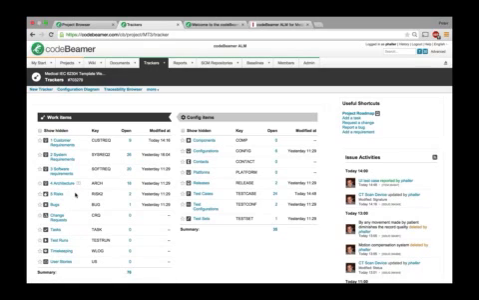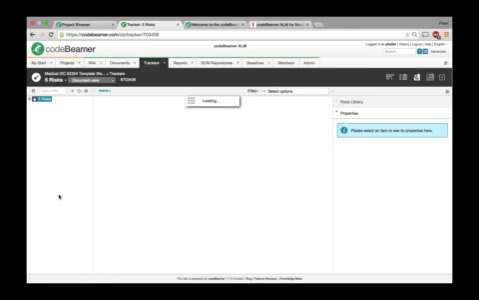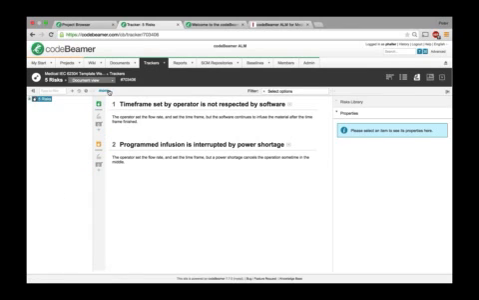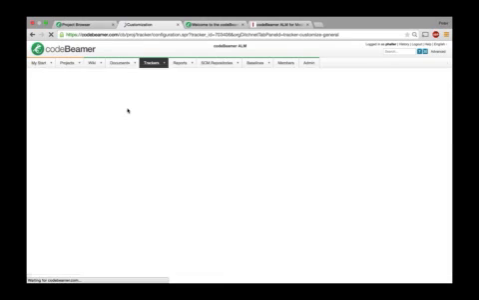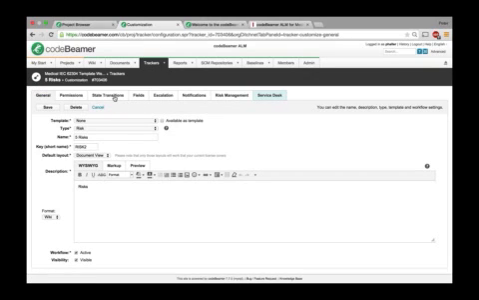So codeBeamer makes it possible that you can derive your risks directly from your requirements, and also you can derive these requirements from your risks as well. Now, let's go to our risks, and to show you how the workflow looks for the risks,